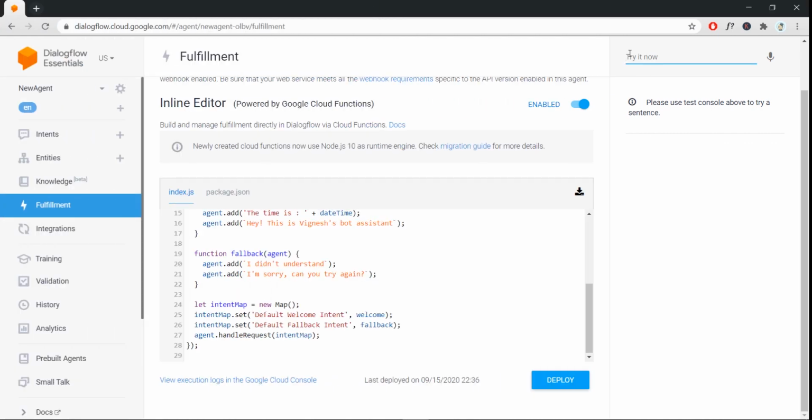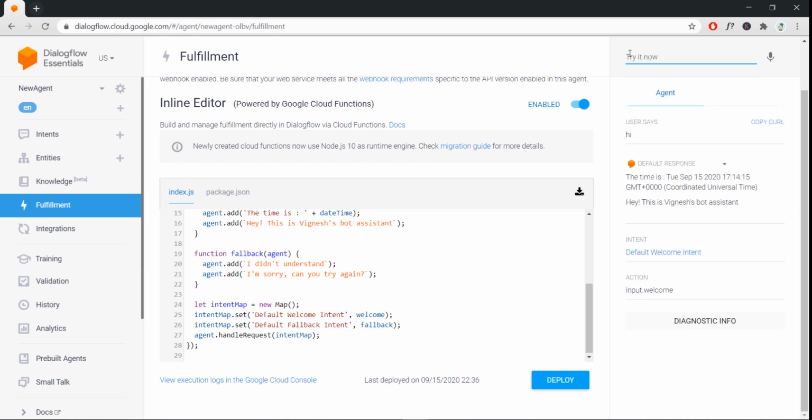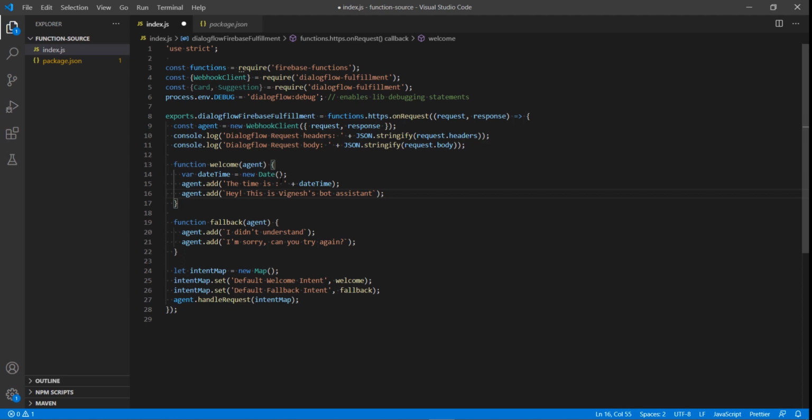Okay, the fulfillment is deployed now. If I send hi, so if you notice we got two responses. This is because we have actually added two responses into the agent. So this is how you could play with the functions. You can add whatever custom response you might want to provide to your user.